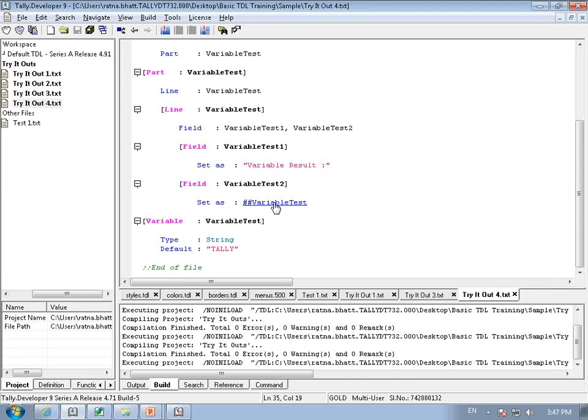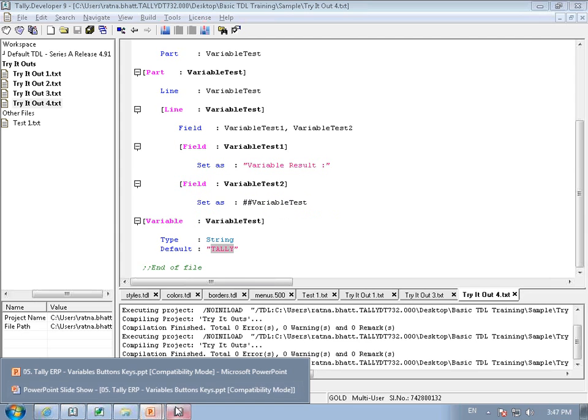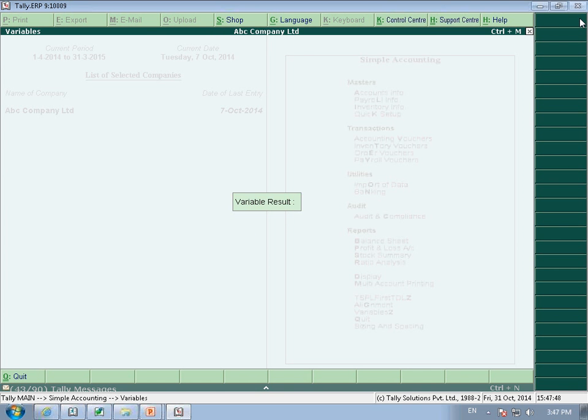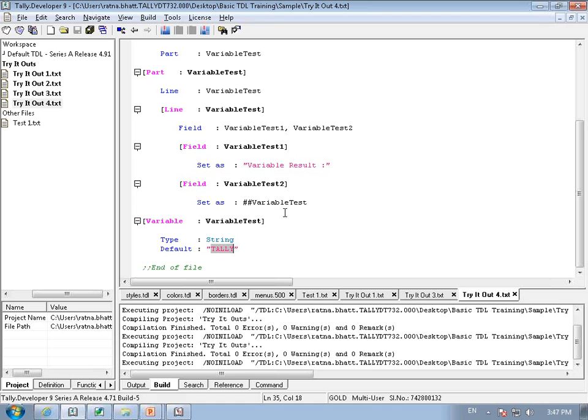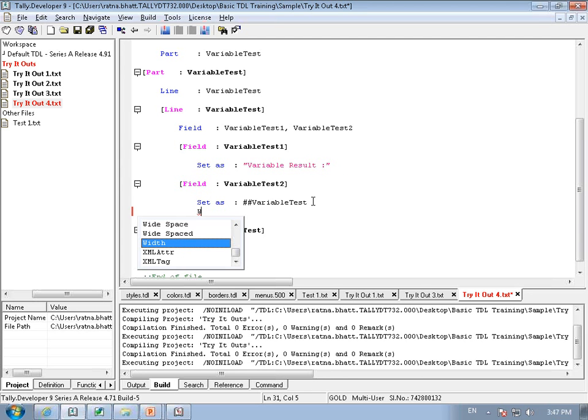The first thing that you need to do is check whether the name you have given is correct or not. So does it trigger? Yes, it does trigger. I have given type, I have given default. Still, my field value does not come. Moreover, I am not even able to know whether the field exists or not. So let me just give the width to the field to understand at least whether the field is getting linked or not. So I give 40% of screen,